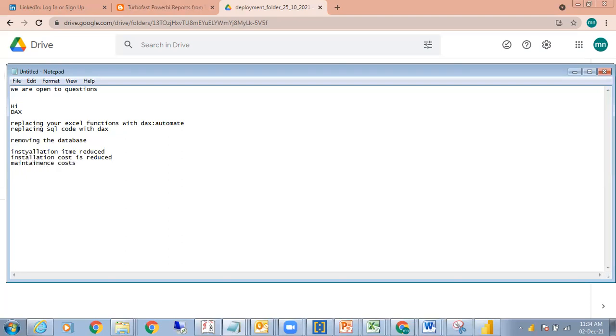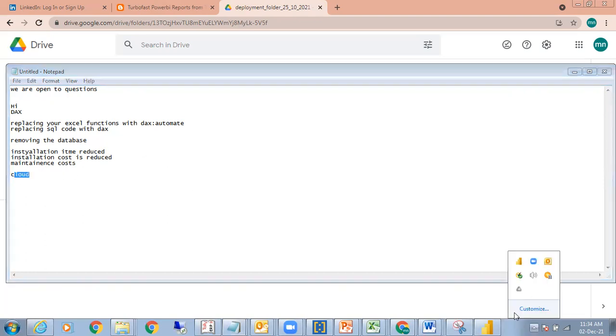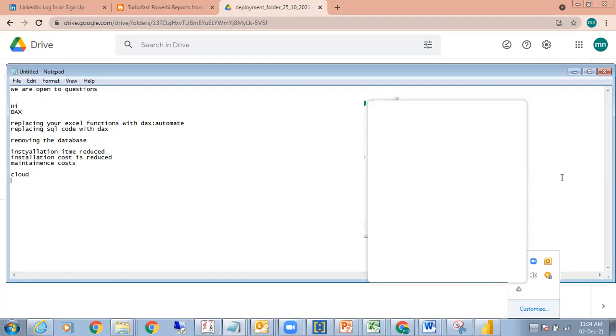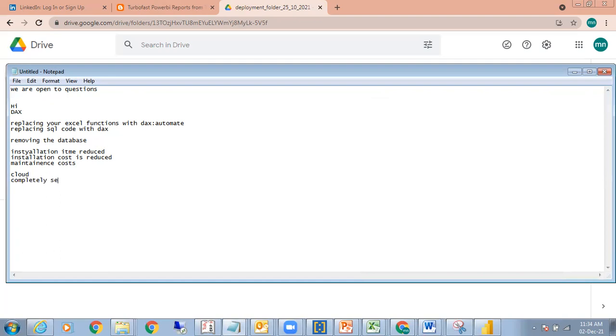Second is that we are going straight to the cloud. That means this JSON file can be on Google Drive, or using the Microsoft Power BI gateway, taken straight to the Azure cloud. So it is completely secure. Because if I use a database, I have to extract the data and put it onto the database. That means I need to have my ODBC port open, or I have to make an API. Now an API, an application programming interface, is very expensive each time I have to do it. If I keep the ODBC port open, that means I have a data security risk.